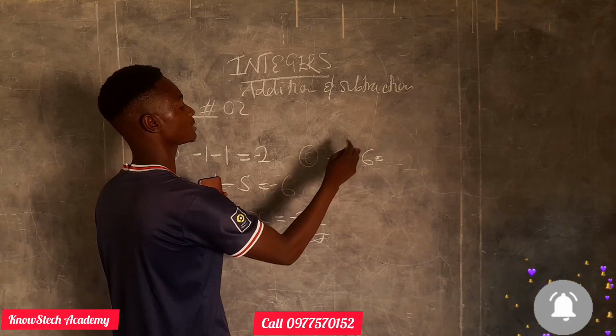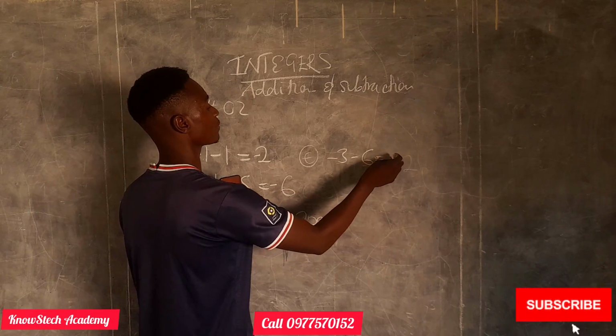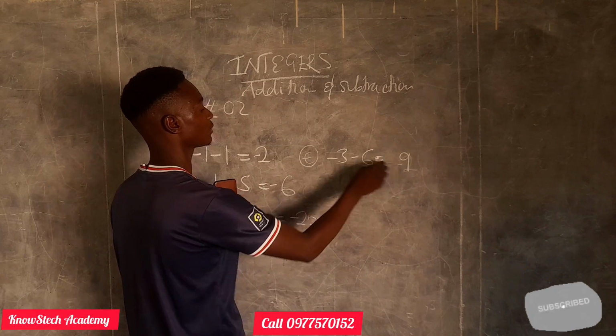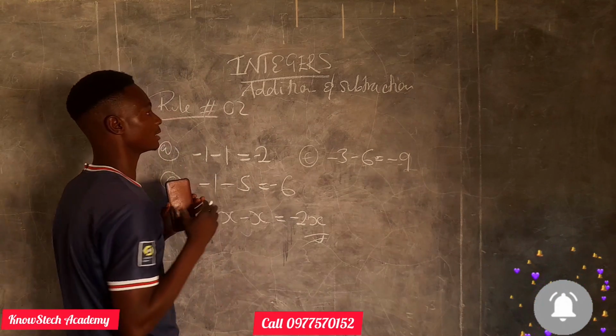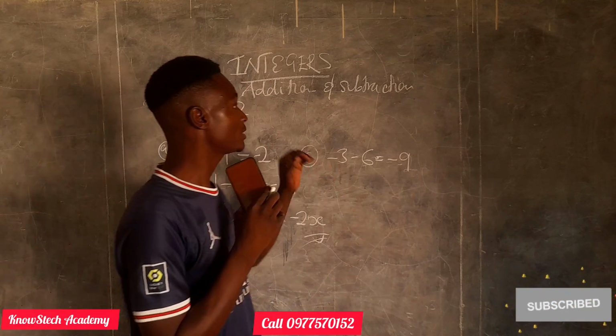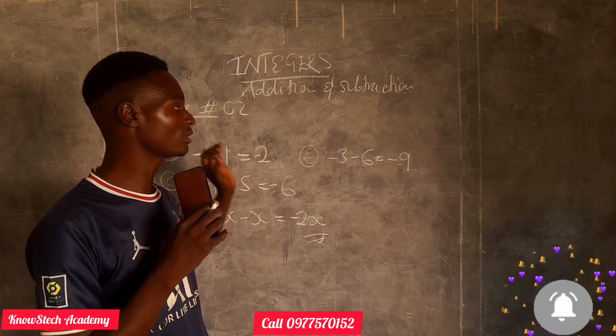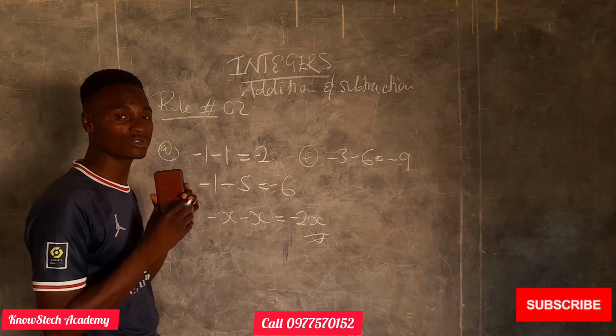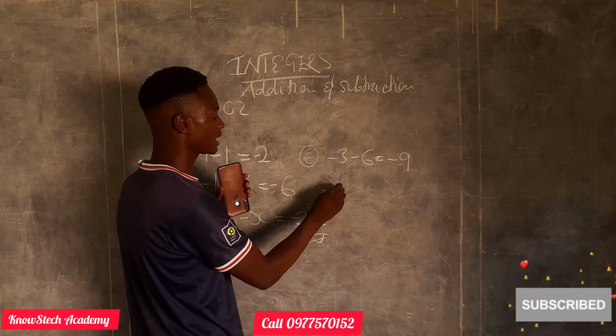Okay. Last but not the least, we can even get this one, -3 minus 6. It will be 3 plus 6, which is 9. Then common negative, and it is just -9. This is when adding or subtracting. Don't be confused. Now, sometimes you might be given something like this: -3